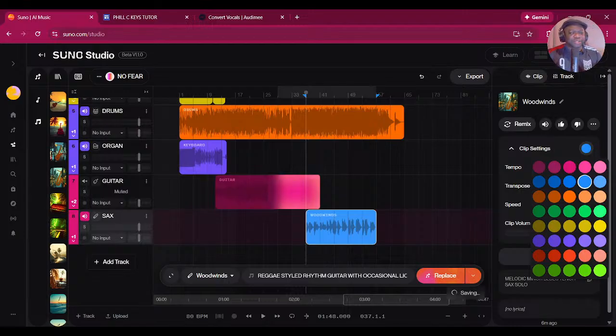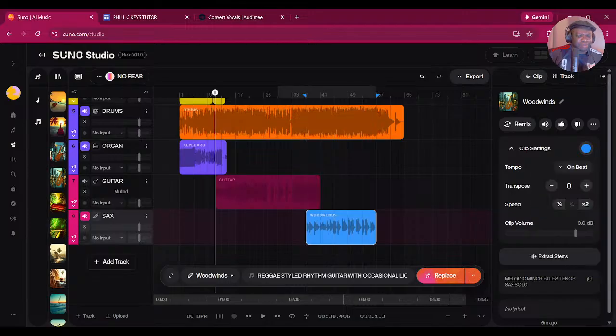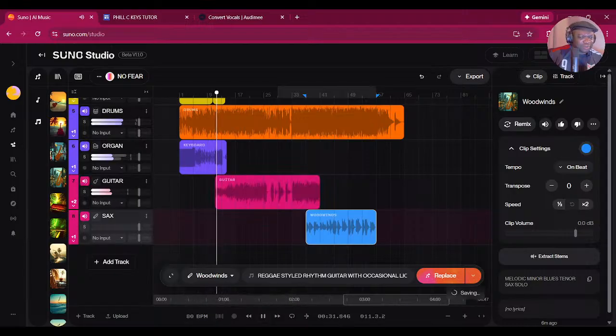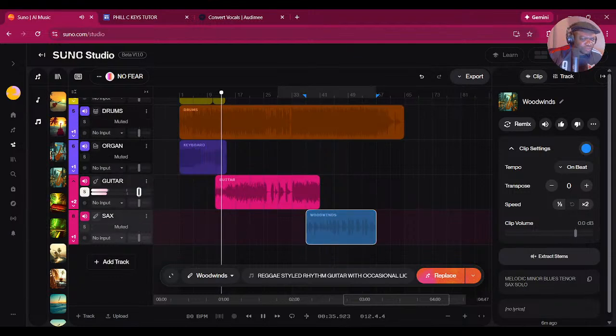You can actually use Midjourney to get a perfect loop. You can get an image first in Sora and then get some motion in Midjourney. All right, let's check it out and see if the guitar came through.